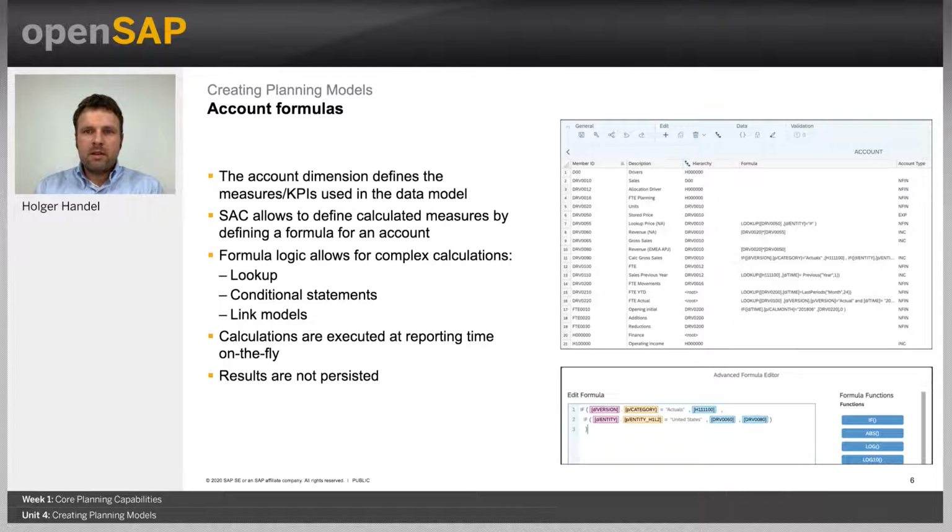As mentioned in the beginning, the account dimension has a specific meaning in Analytics Cloud. It is used to define the KPIs or the measures of your planning model. There are in principle two types of measures or accounts. You can have the base members, which store the value. So for example, if you have gross sales as your base KPI, then you store just the values for